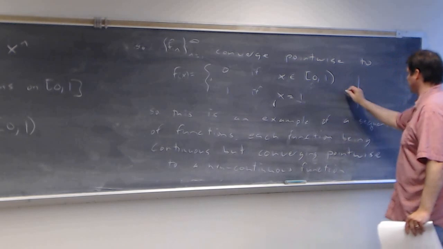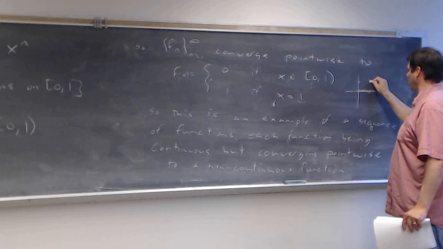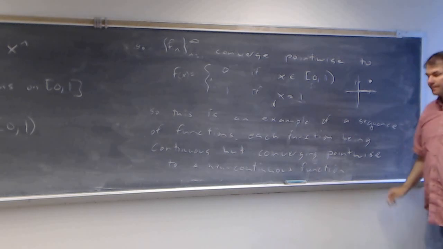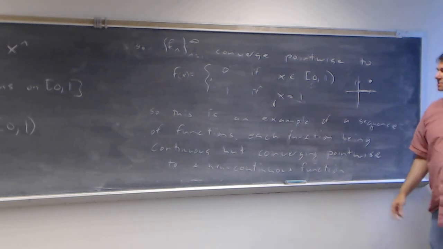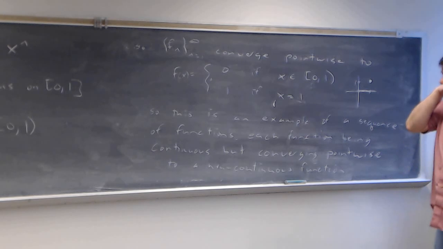Because this function f, what it converges to, looks like 0 up to 1, and then 1 at that spot. All right, ladies and gentlemen, so that shows that pointwise convergence doesn't give us a nice